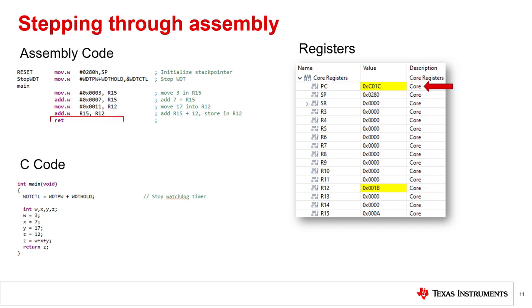The final instruction is the return instruction. This will return us back to the stack and continue on with the rest of the program. So this is the end of the program for this example. In a real application, this would return the program to the last function call if there was one.